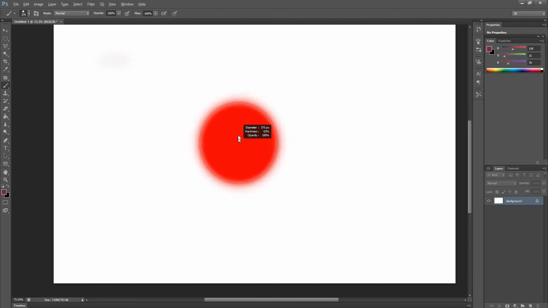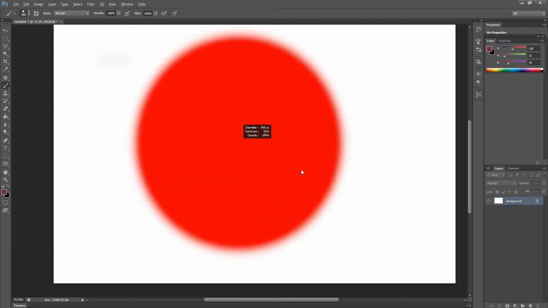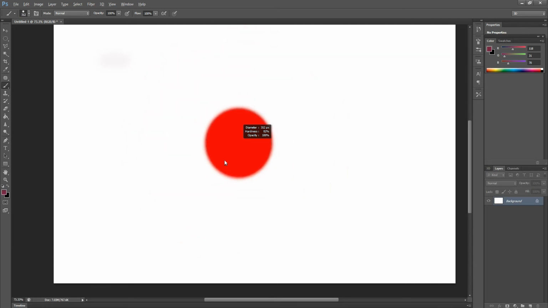When we go up, hardness is decreased, and when we go down, hardness is increased. So when we want to increase or decrease the hardness, we press the Alt key and right click on the mouse, and then move up and down to increase and decrease the hardness. To increase or decrease the diameter, we move the mouse left and right.